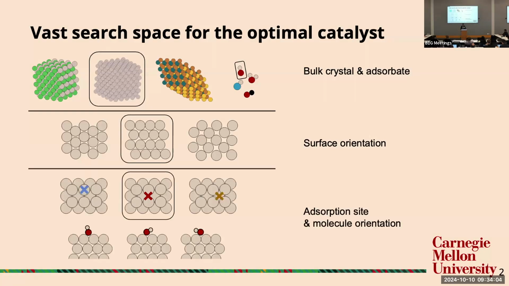Then we also have the adsorption site, where we need to define both the localization and also the molecular orientation. So putting all this together, it becomes a very exhaustive search or large search space